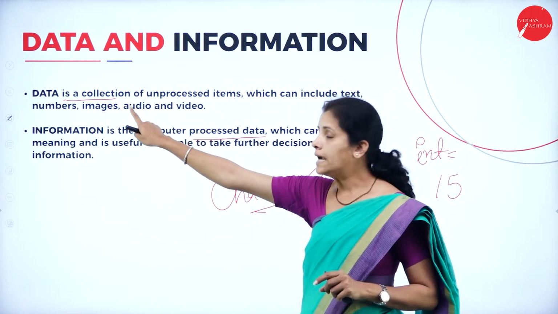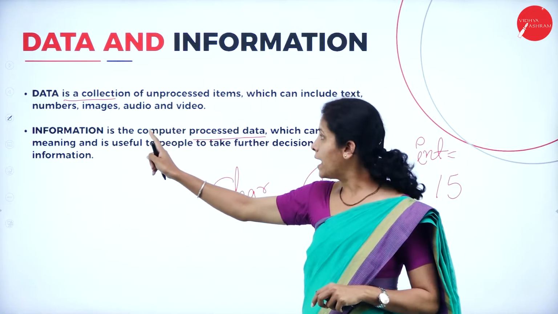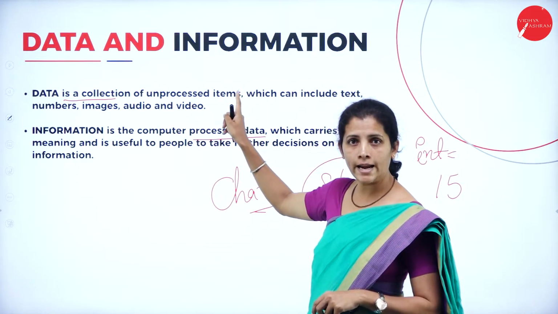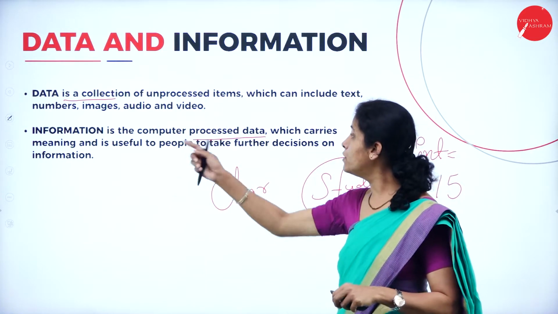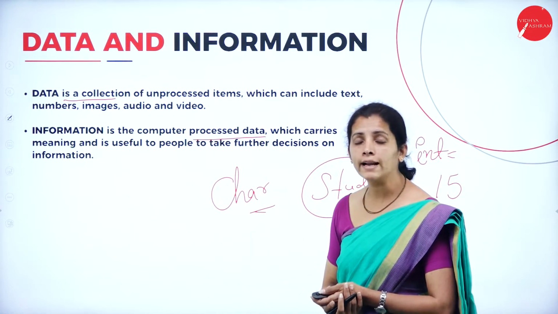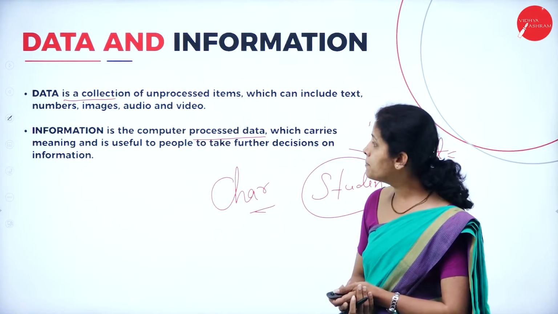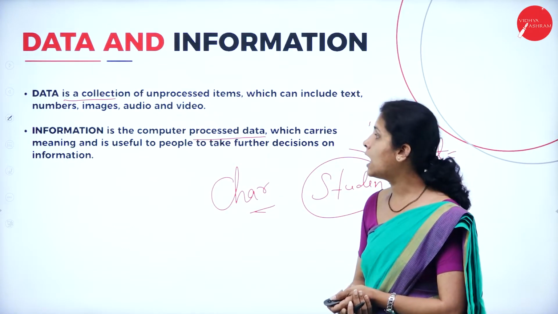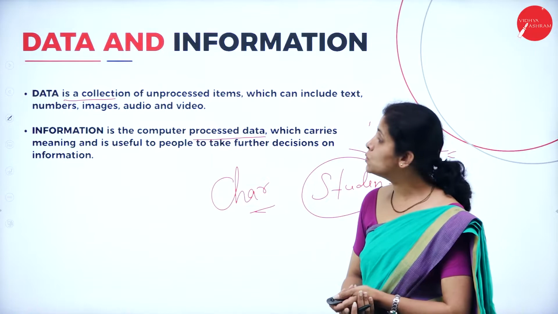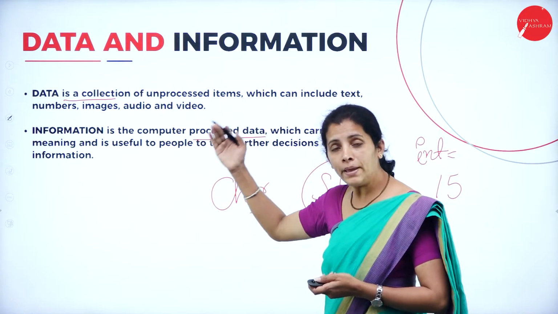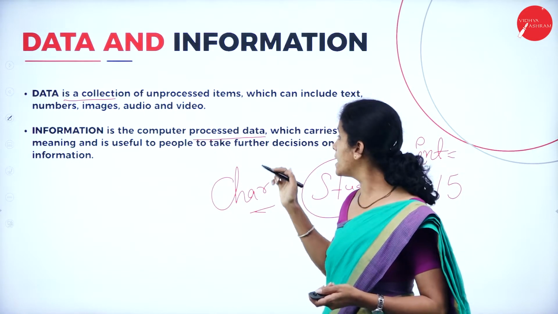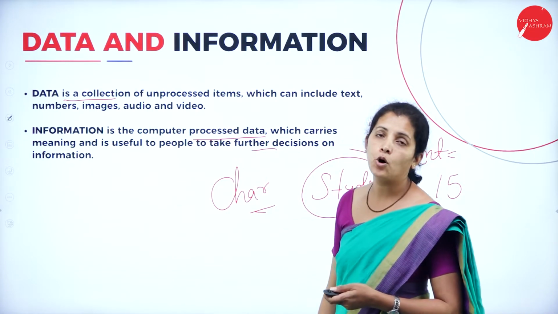So data is nothing but the raw fact or unprocessed item, whereas information is nothing but the processed data which carries some meaningful information,